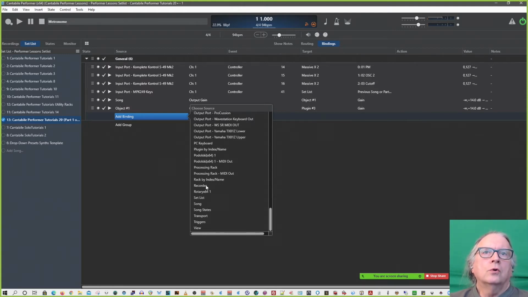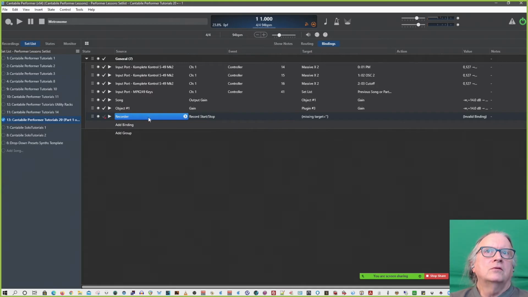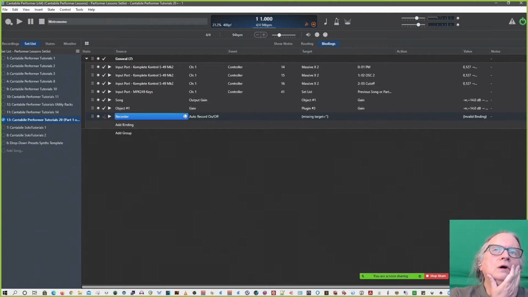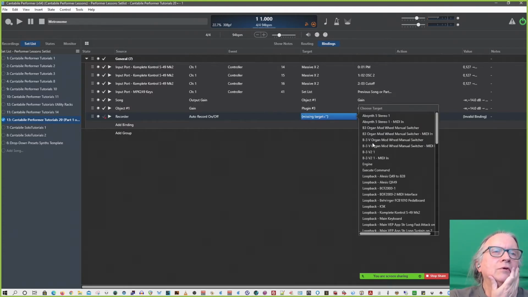You can change the recorder settings. Now, mind you, we're not changing this. We're reading whether the recorder has been started or stopped, or whether auto record has been turned on or off. So that's what this is. Remember, this is their inputs. So that's really kind of cool because you can read the recorder has been turned on and make that turn the transport on, for instance,